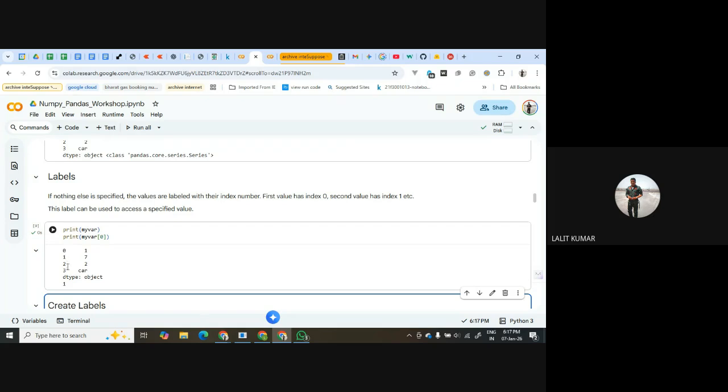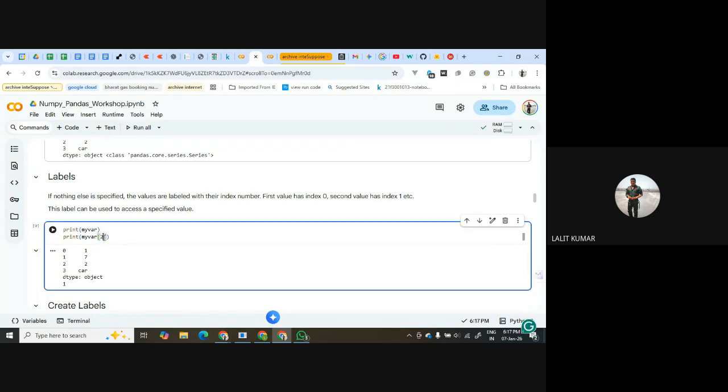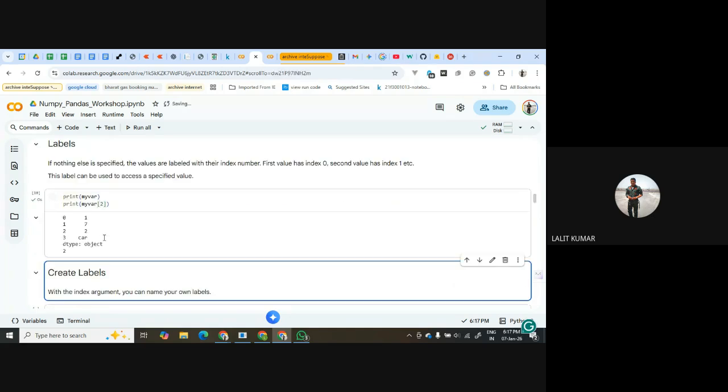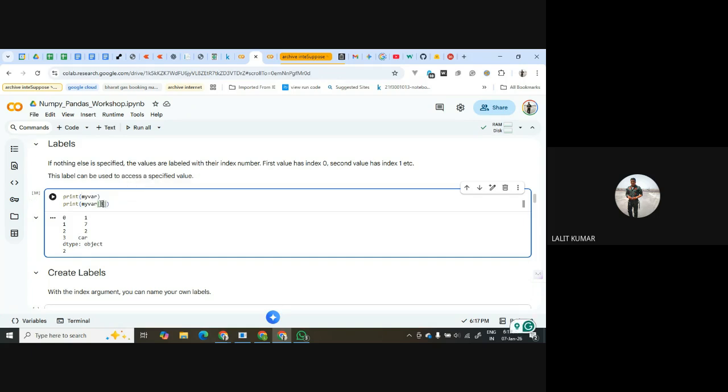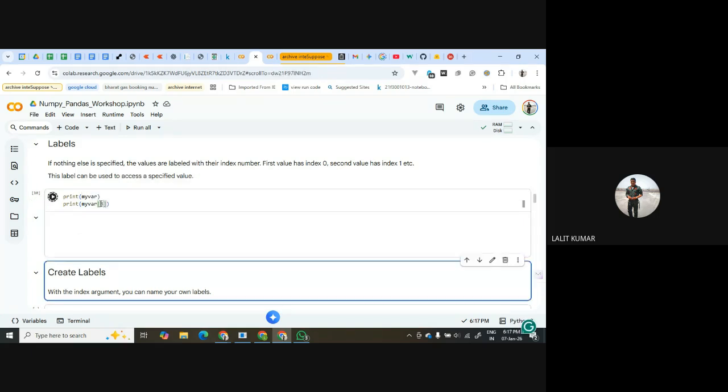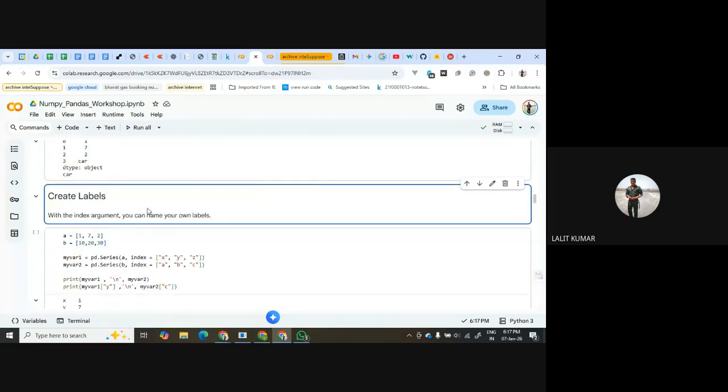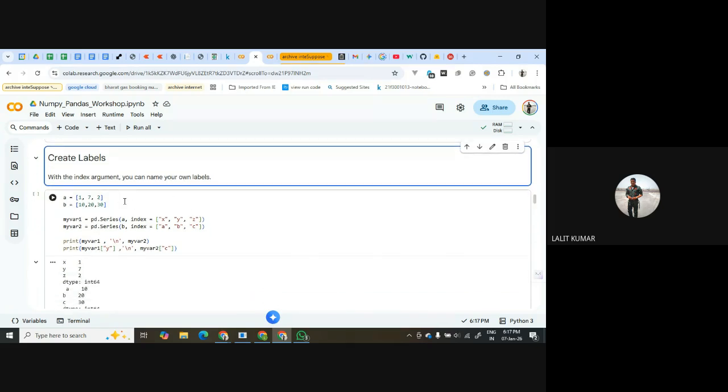So these are the indexes, these are the values, and we can access these values by the label or the index. At 2, the value is 2. If we select 3, then the car should come. Okay, car has come. And like I mentioned earlier, if you give the index argument, then we can make your own labels.